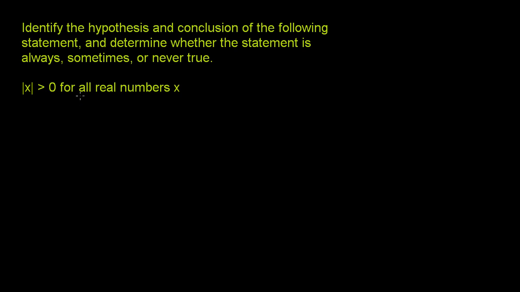So what this statement is saying is if x is a real number, then the absolute value of x is greater than 0. So let me rewrite that. If x is a real number, then the absolute value of x is greater than 0. These are equivalent statements. Now, when you write it like this, it's much easier to identify the hypothesis and the